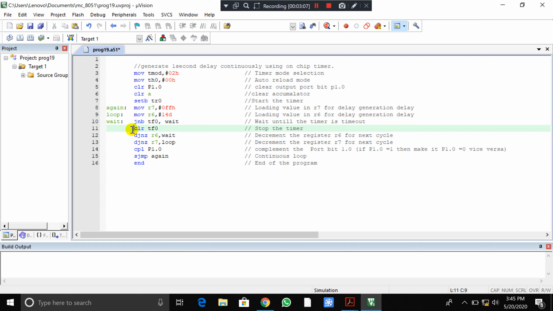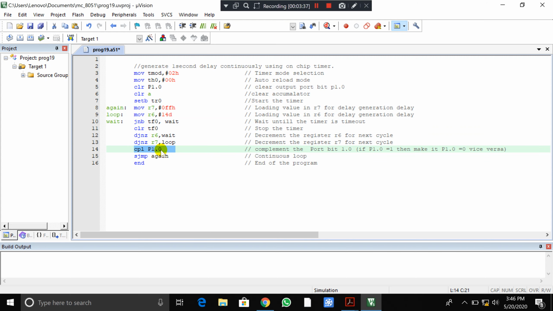Here you need to stop the timer. We start the timer, and this is done by checking the flag registers. Since it is a timer flag, we need to clear the timer flag. Then we continue the loop until your two values become 0. After this delay is done, you complement the output.